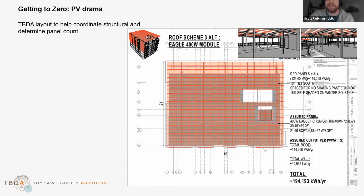But the thing that is driving me nuts is the uncertainty and the fact that we need to hit net zero in operations in order to get a large amount of grant money. So it's been a struggle. People are scared to get involved in this project because of the south wall, and also because there's a lot of stakes at hand. Also I want to commend Tom for really going outside his shell and becoming a solar designer here. It's been a fun process working together and trying to figure out what is even reasonable to project on